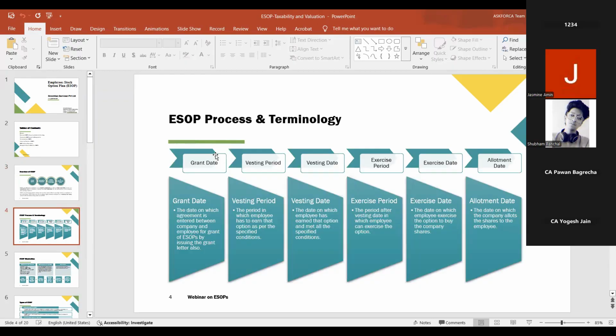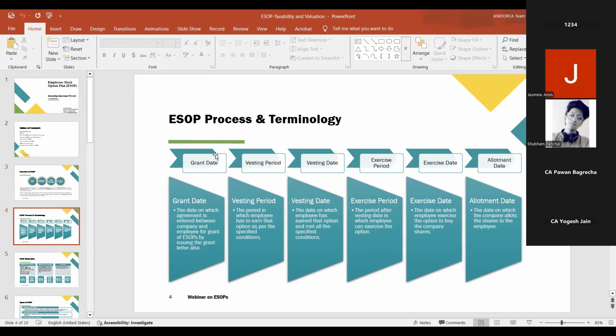This is the ESOP process. First is the grant date. The company prepares the ESOP scheme with all the terms and conditions of the ESOP, and the company issues the grant letter to specific employees, stating how much ESOP they are giving to each employee, and the scheme is common for all the employees. In the scheme, they mention what percentage the company can issue. Suppose there is a limit of 10% of the total equity the company is planning to issue by ESOP,